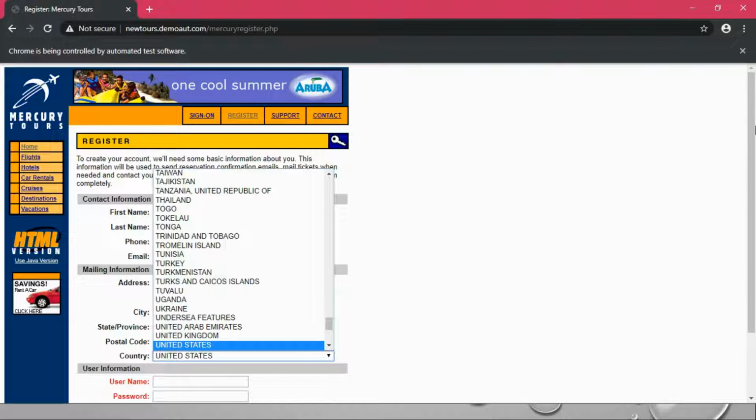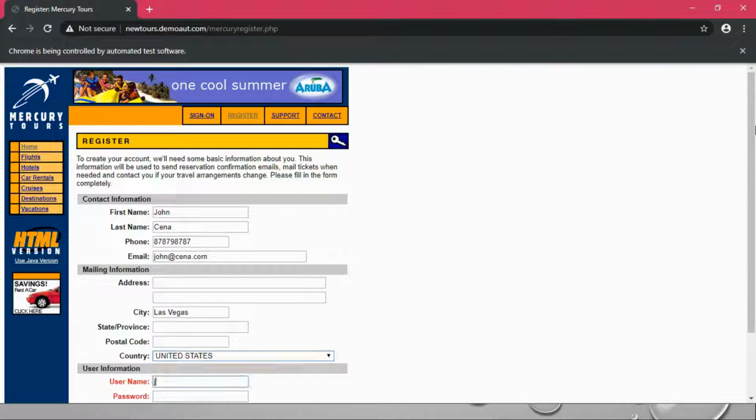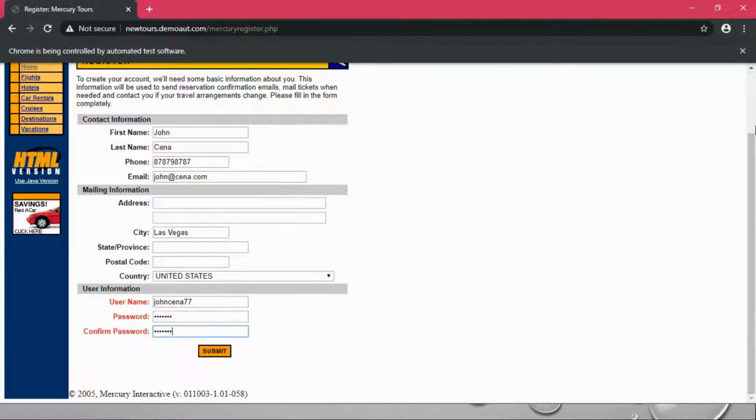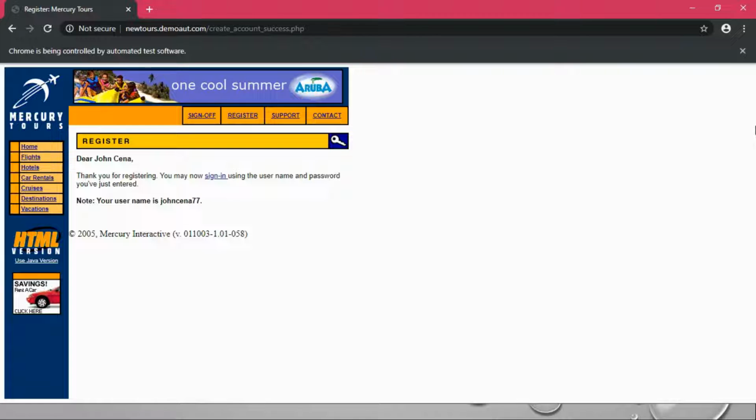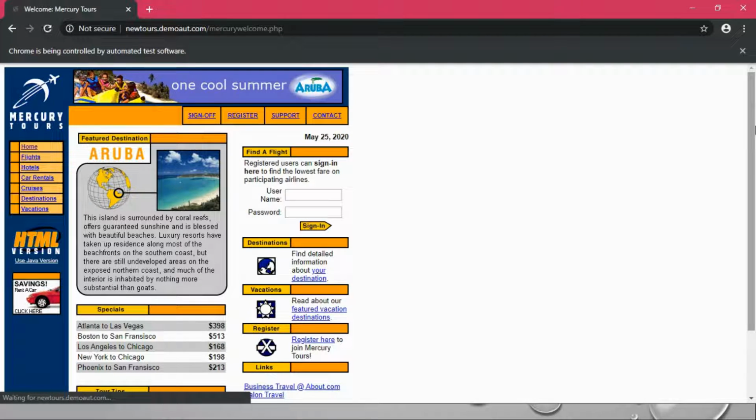Basically two things have been configured in the code, and you can check both ways. So John Cena has provided the details, then let's click on submit. And dear John Cena, thank you for registering. It's successfully completed. It came back to the home page and it will close the browser.